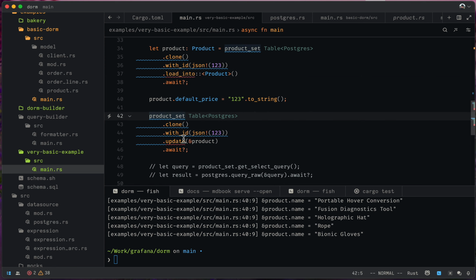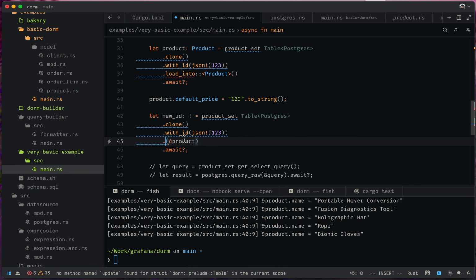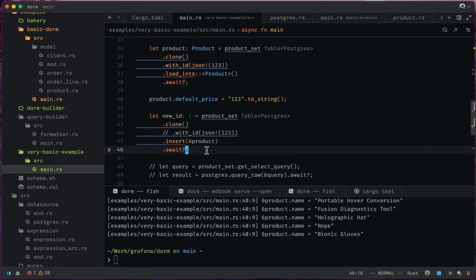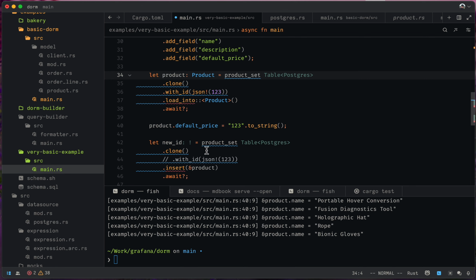And oh yes, the other thing, this will be let id equals, so you can put it in here, and you can do insert, and you don't need that. This inserts the product and returns the ID, right? So ID would be value. So these are our CRUD operations, and this is how we can move between product, right? And this insert would be implemented for anything that implements deserialization, and this is quite handy, right? So this is really nice. Let's look at another thing. I'm going to comment this one out,